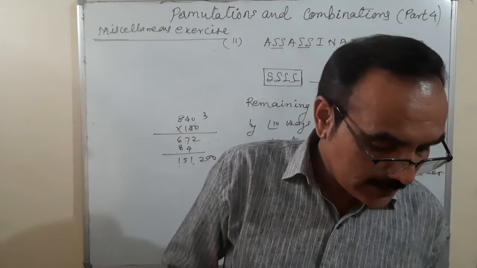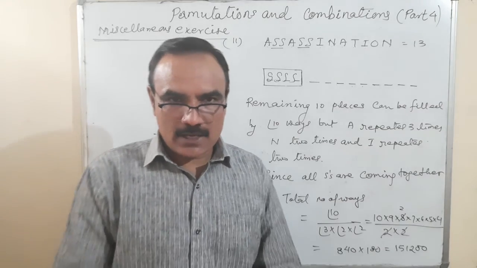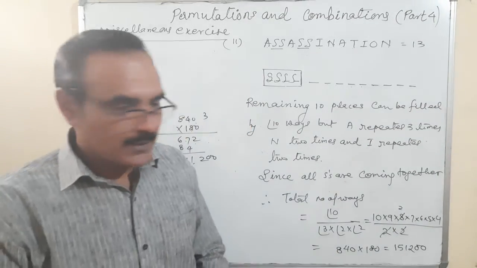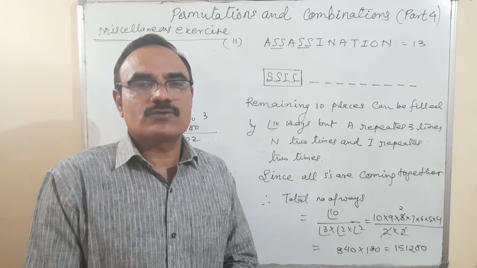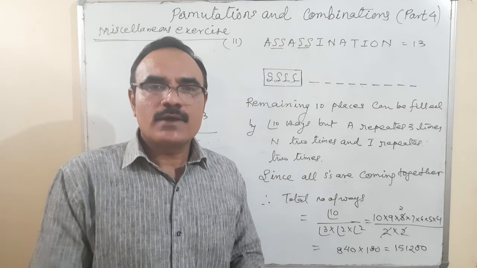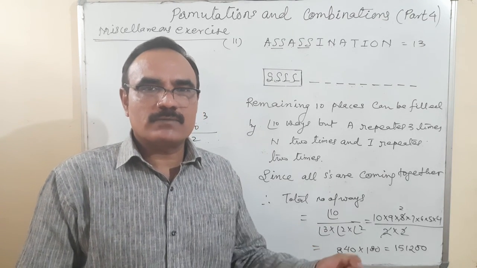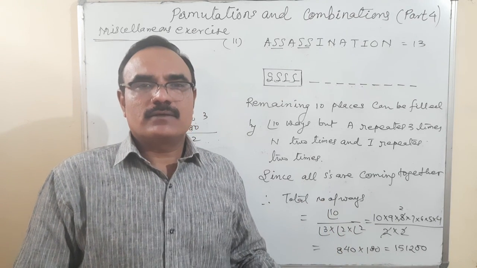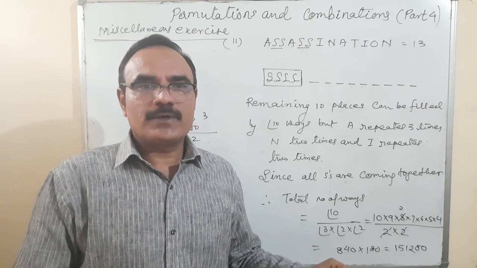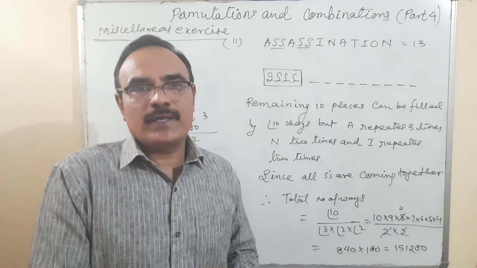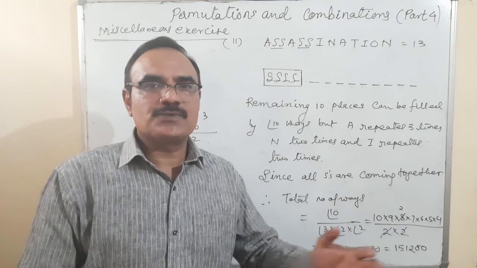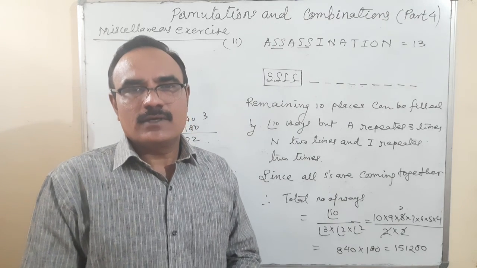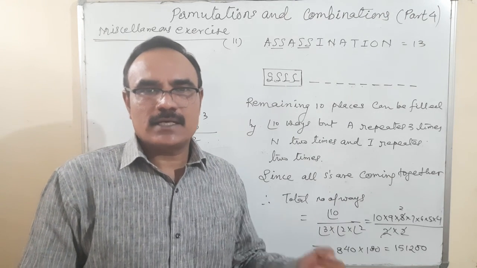So that's all. This is the miscellaneous exercise. I hope you have understood it. Try to solve each and every question, and different questions related to combinations and permutations. First understand whether the question is from combination only, or permutation, or a combined one. How will you understand it? First selection and after that arrangement is called the combination of it. So first understand it and then start solving.